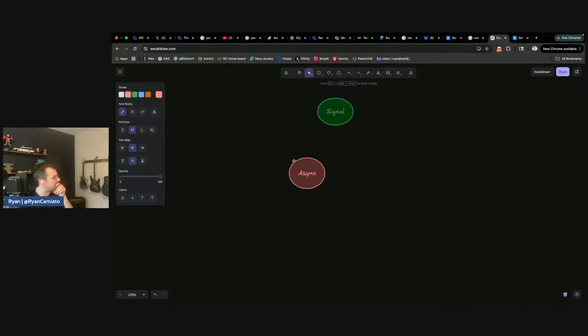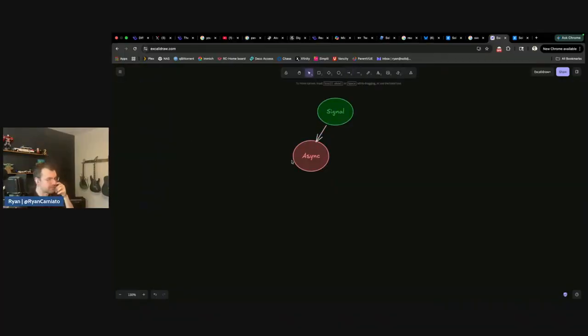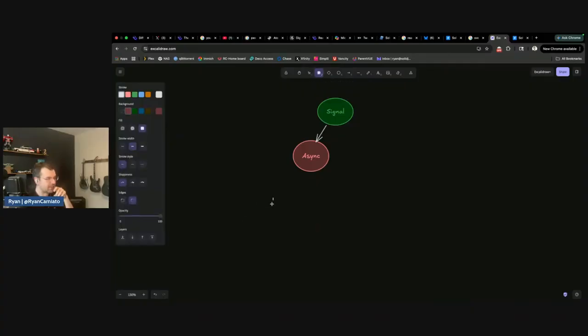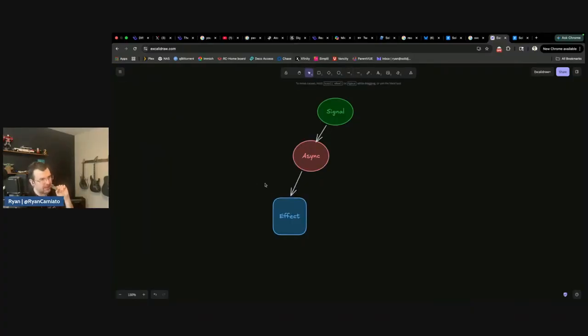Then let's put blue, which will be our effect. If you have this kind of chain, where the loading boundary happens,